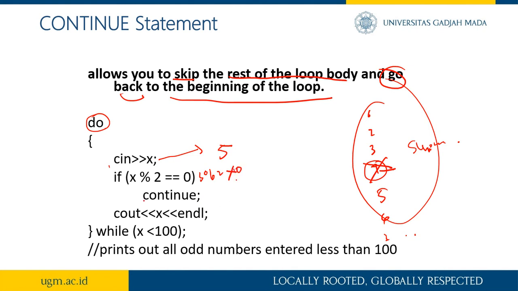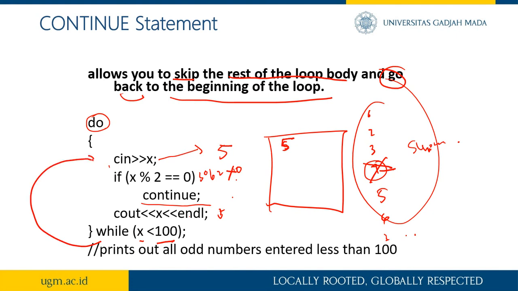So I will skip this one. And then I will cout x. So in the console it will result 5 because I type 5 as x, and then change the line. And then while x is still under 100, do again. Because 5 is still less than 100,